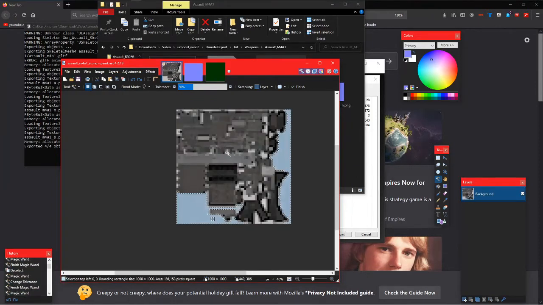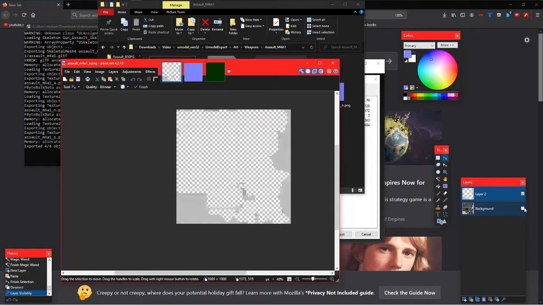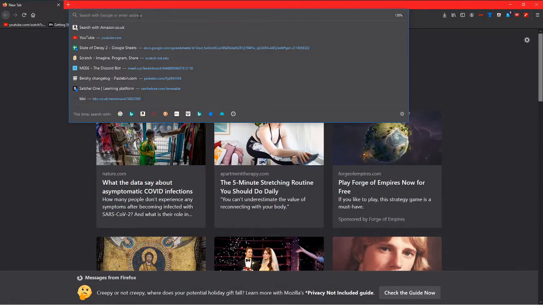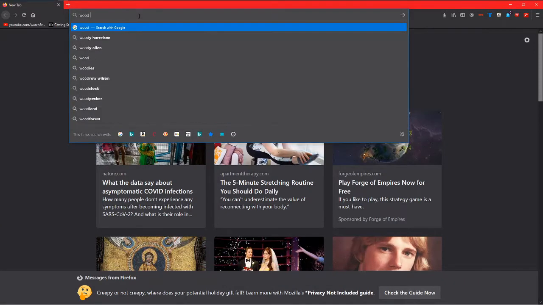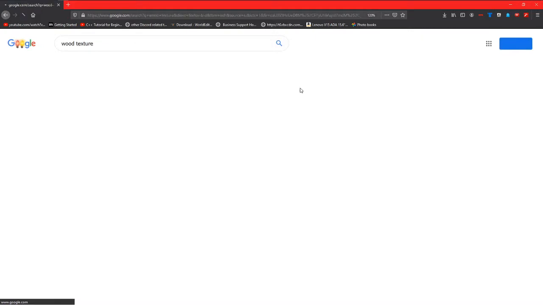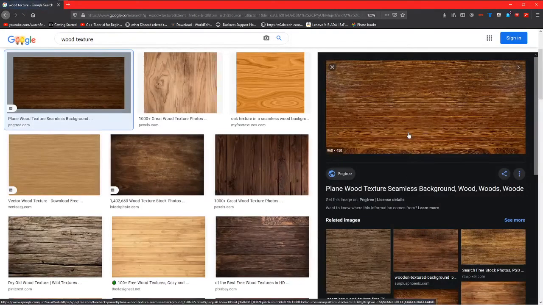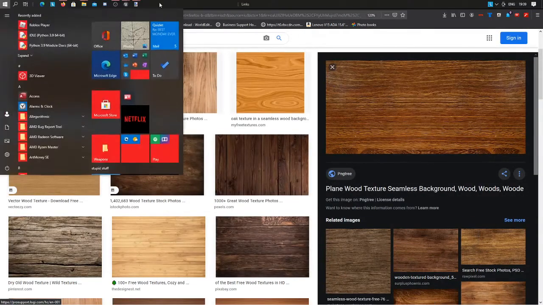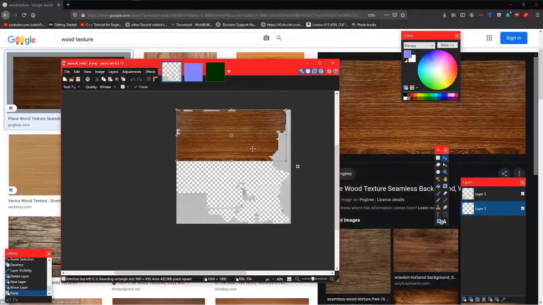But if I don't want to do this and I just want to put a completely different texture around it, I went back way too far. So we've got to put in a new texture. Now we hide this, we just got that. We can delete this, and then now you're going to get a new texture. So let's say I want a wood texture. If I get up a wood texture, I can grab this, copy the image, put it here,